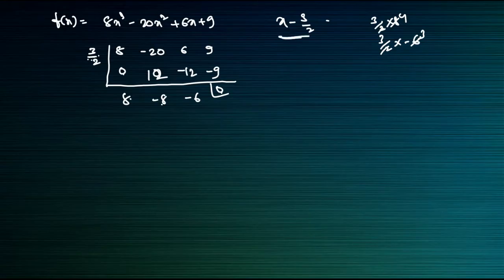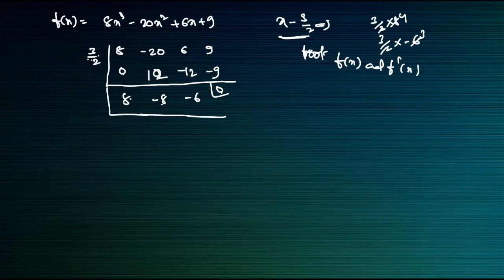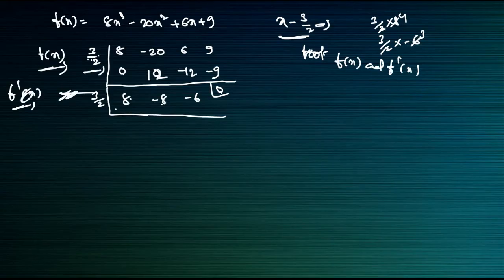See here, this x minus 3 by 2 is a factor or root of f of x and f dash of x, for both it is one. So we can do another also here. So it will become 3 by 2. I am doing this one f dash of x here, this one f of x. We can say that 3 by 2 is a multiple root of f of x. Here the question is that it has multiple roots. So multiple root means one root twice. So I will do multiple times, first 3 by 2 and after that also I will do 3 by 2.